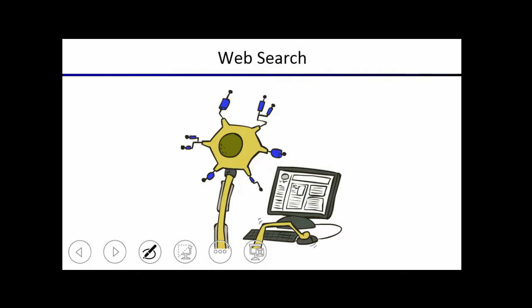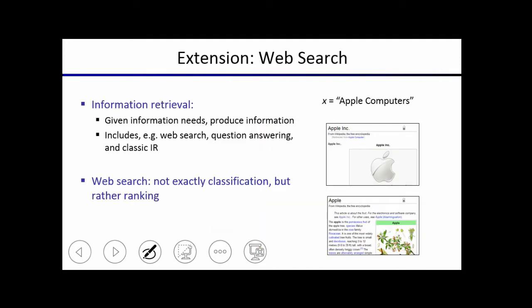So the first is web search. In this problem, you have some input query that you might input into Google, and you want to rank web pages based on the relevance to the query. The query might be Apple computers, and you need to produce some web pages based